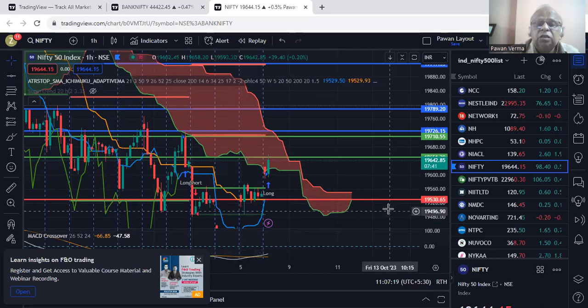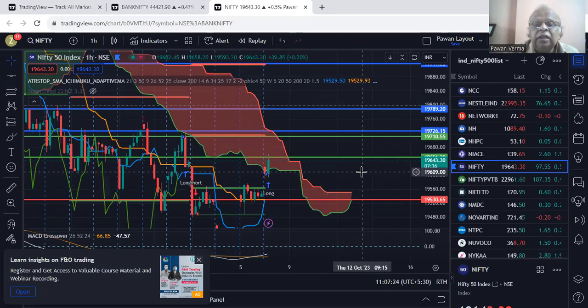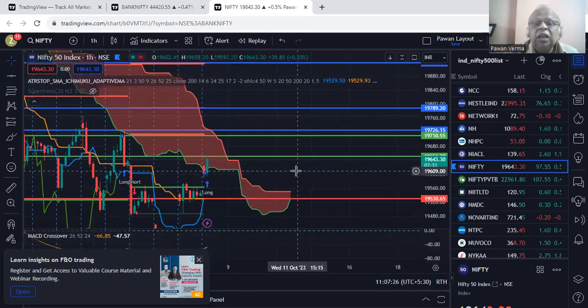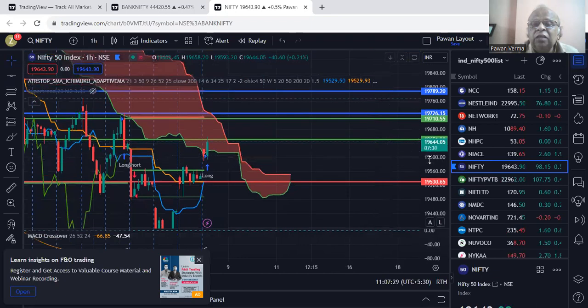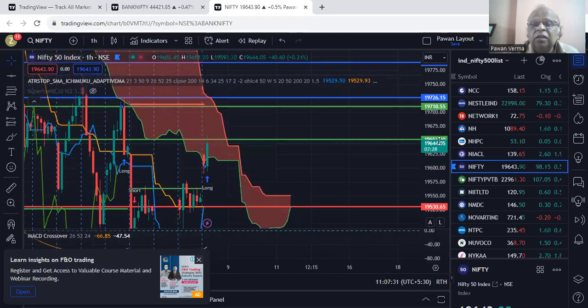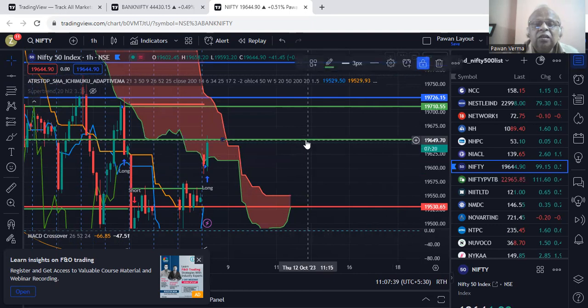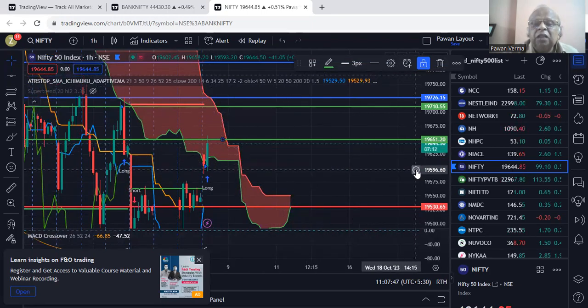Means stop loss, entry level, one or two entry levels we are just identifying. In the case of Nifty, that is 19,651.70, 19,652 first, or after 7 minutes when the close will be confirmed, the close of this particular candle will be treated as the level for a trigger price. So wait for the 7 minutes to get the confirmation.